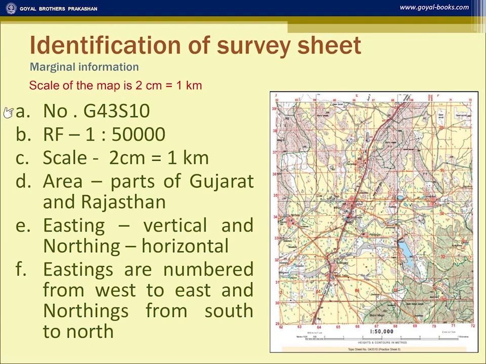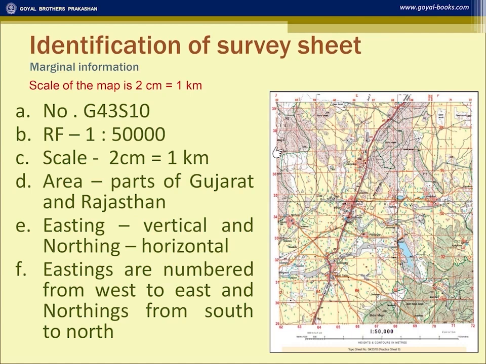Now, the number of this particular survey sheet in front of you is G43S10. We will not go into detail because generally this shows the area of our country of which this survey has been done. So here this contains the parts of Gujarat and Rajasthan. Mostly the parts are dry, and you can see in general the streams are shown in black, which shows the